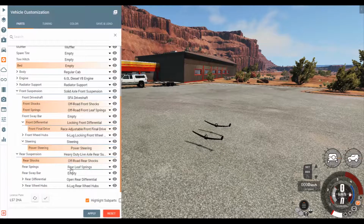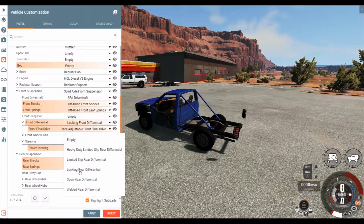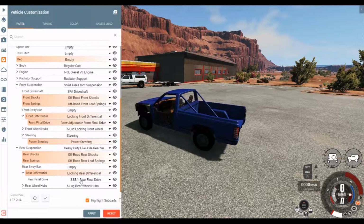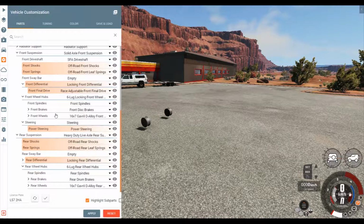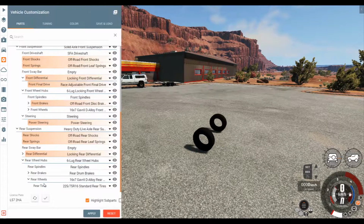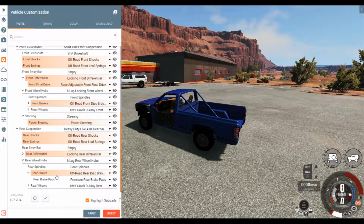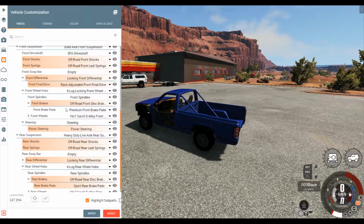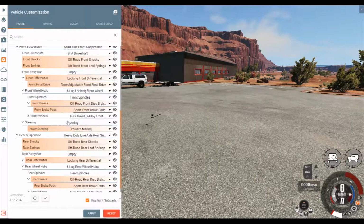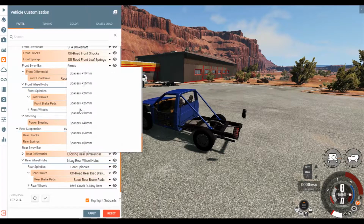Do off-road. Do off-road again. No sway bar. Race. Okay, so wheel hubs. I'm going to upgrade to the off-road disc brake, and then sport pads. I've been kind of messing around with different combinations lately, so I'm going to see how this does. Off-road disc, sport pad, front wheel will be...